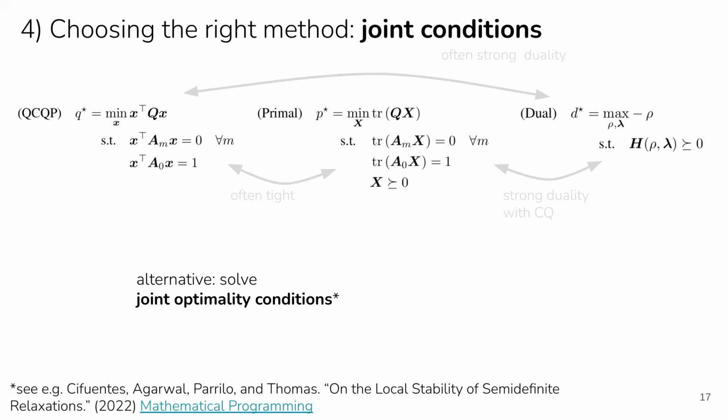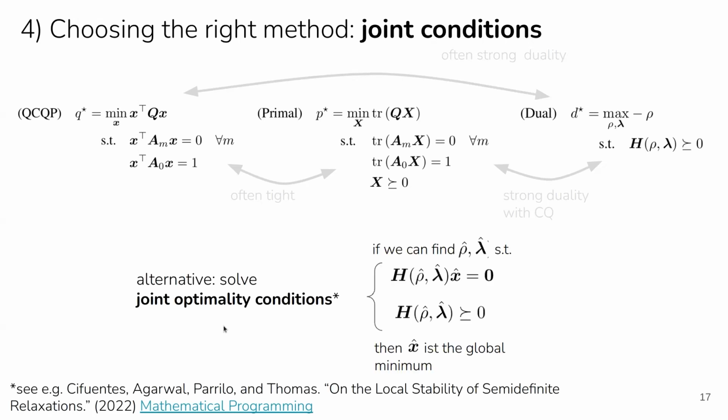And the answer is yes, we can. And we can call what I call here kind of the joint conditions. I didn't find a better word for those, but the idea is that you combine the QCQP and its dual to generate these. You can think about these as kind of KKT conditions, and you can show that if you